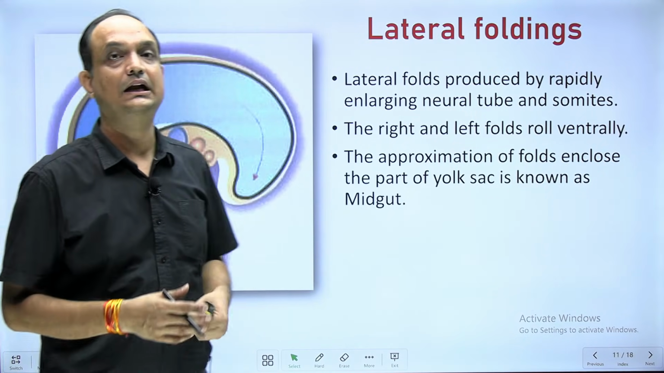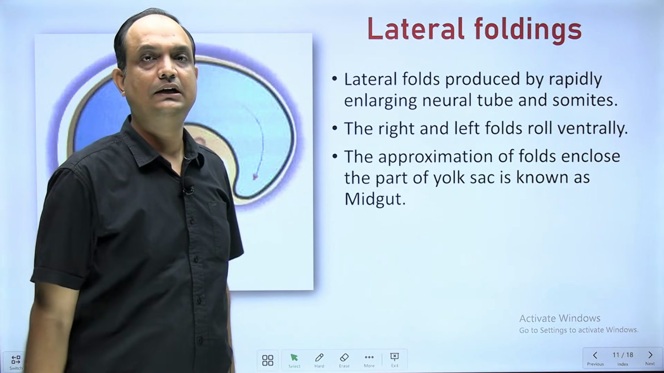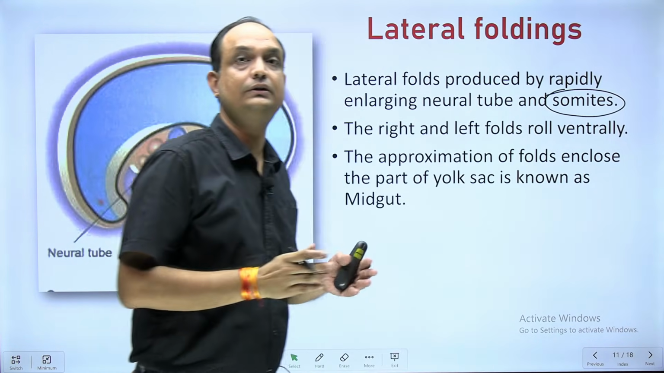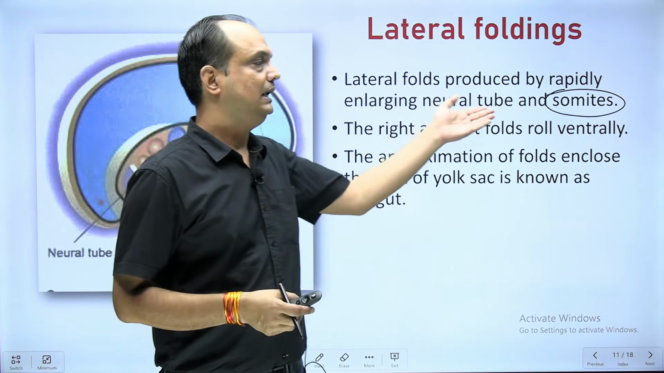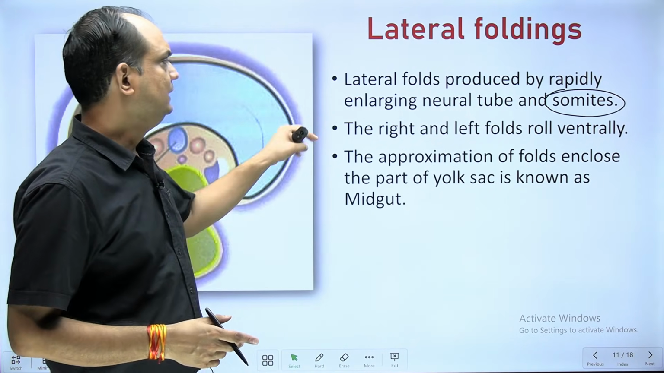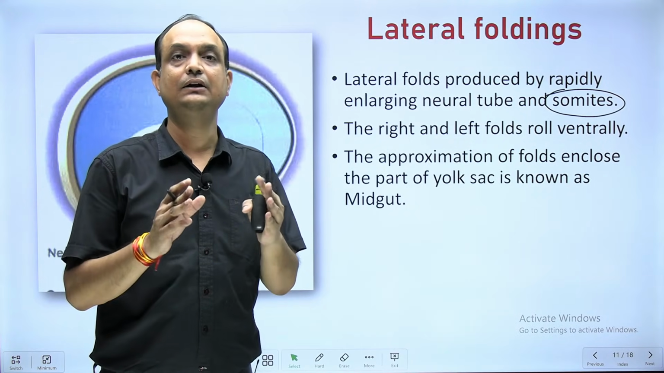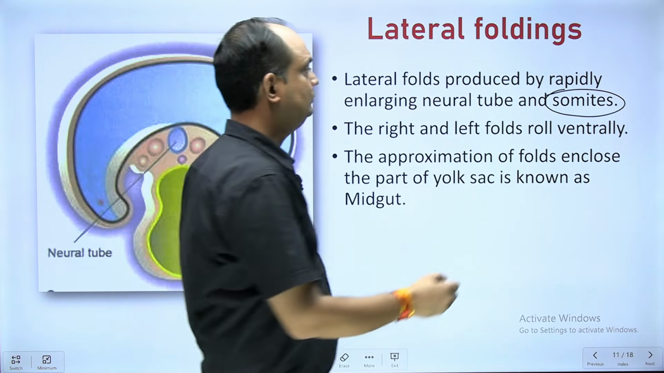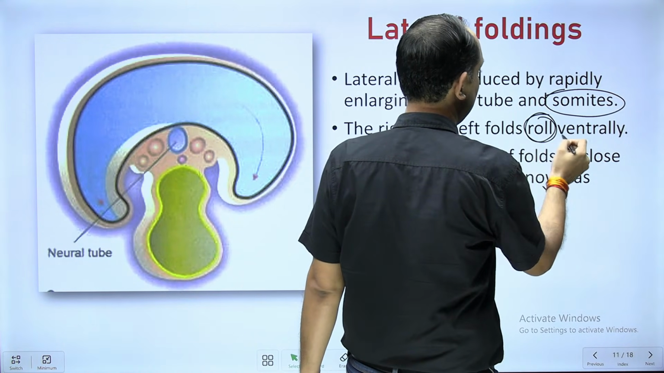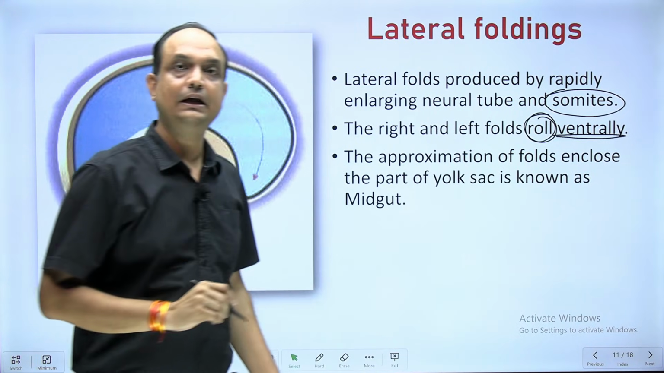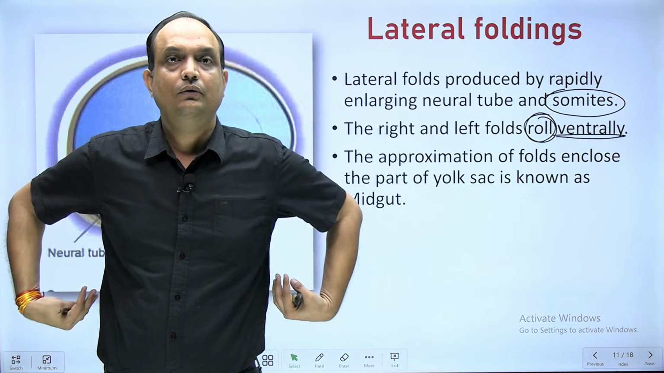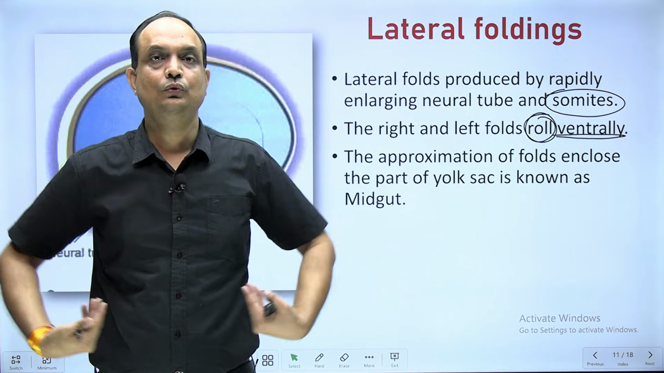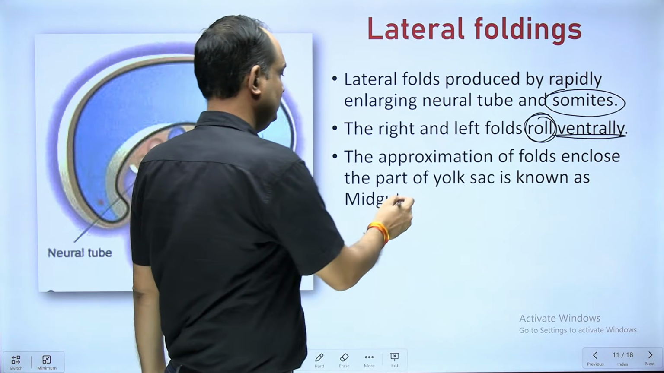Now the next part is lateral folding. What is the cause of lateral folding? I told you that lateral folding occurs basically because of the increase in the width of the somites along with the enlargement of the neural tube. Now what will happen is that the lateral folding means the right and left lateral folds roll ventrally. When they roll ventrally, they will enclose the part of the yolk sac between the 2 folds, and that part is going to form